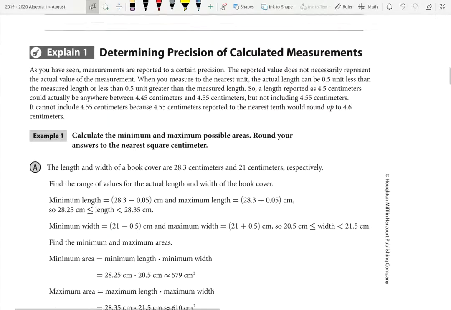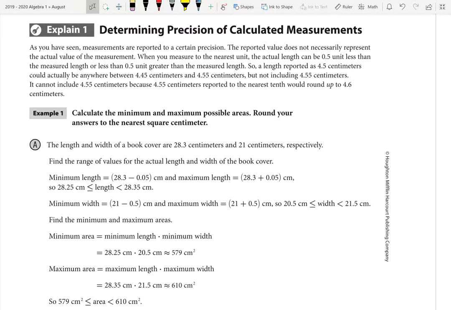Okay, determine precision of calculated measurements. So as you have seen, measurements are reported to a certain precision. The reported value does not necessarily represent the actual value of the measurement. When you measure to the nearest unit, the actual length can be 0.5 unit. This is very important right here. Less than or 0.5 units greater than the measured length. So a length reported at 4.5 centimeters could actually be anywhere between 4.45 and 4.55 centimeters, but not including